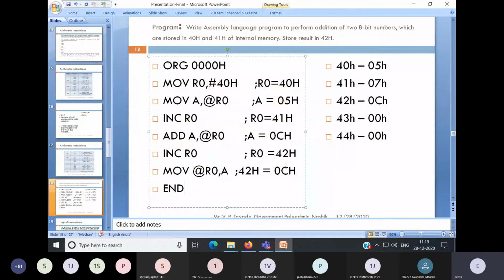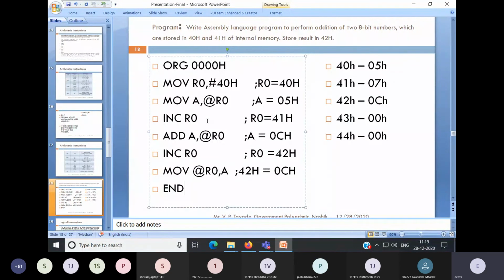So R0, #40H, it means initially I am loading the first memory location, that is 40H, into R0. After that, take the data which is at 40H into the A, because to perform addition of two data, you have to take first data into the accumulator. So in accumulator, you will get 05H, that is your first data.